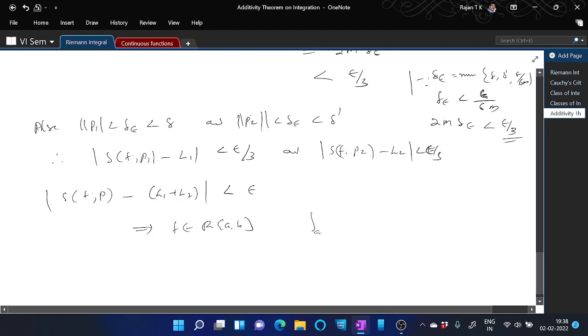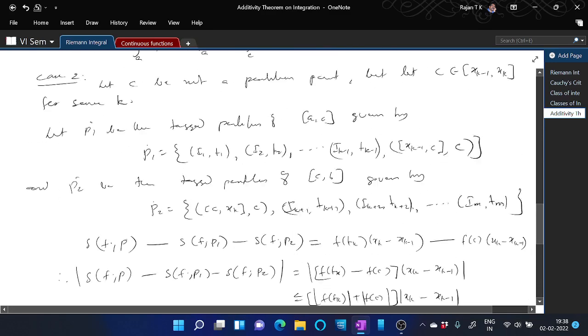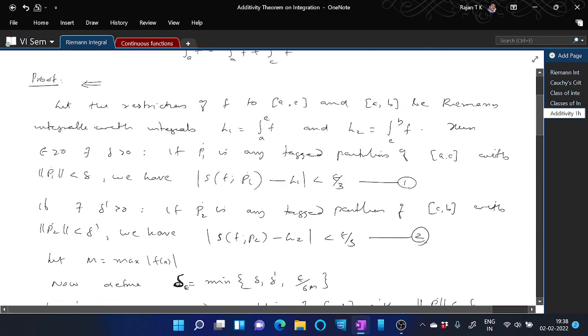which shows that F belongs to R[A,B] with integral A to B F equal to L1 plus L2, which is equal to integral A to C F plus integral C to B F. So this is the first part, the converse of the theorem. Now we have to prove